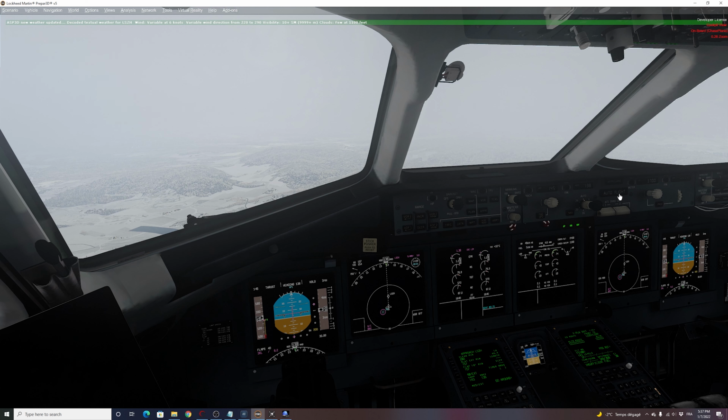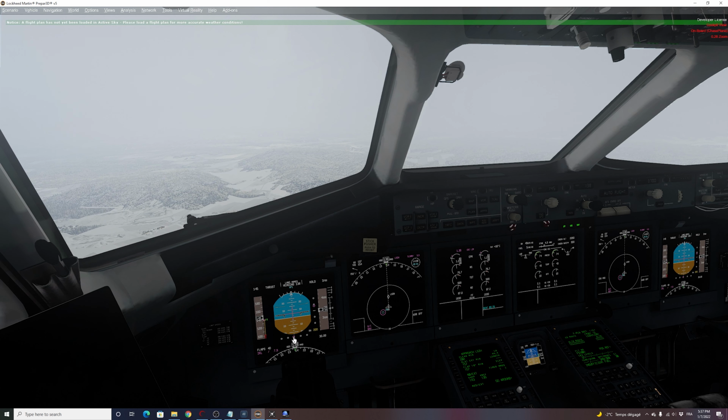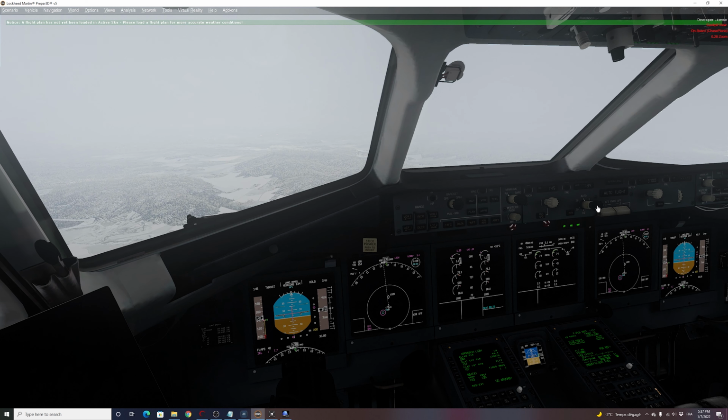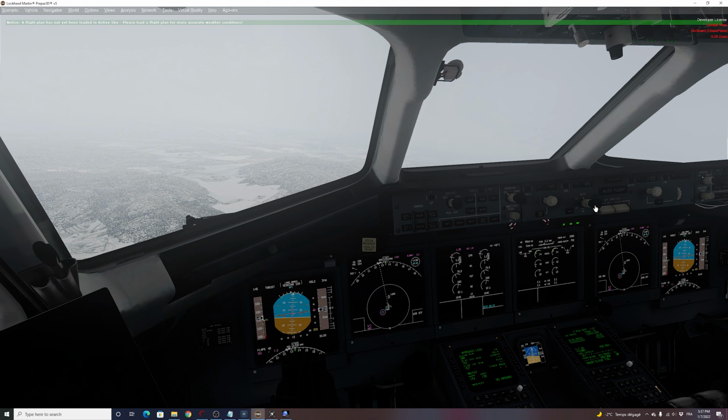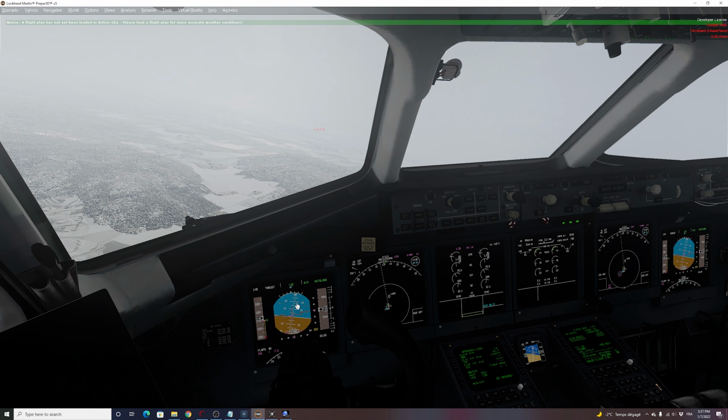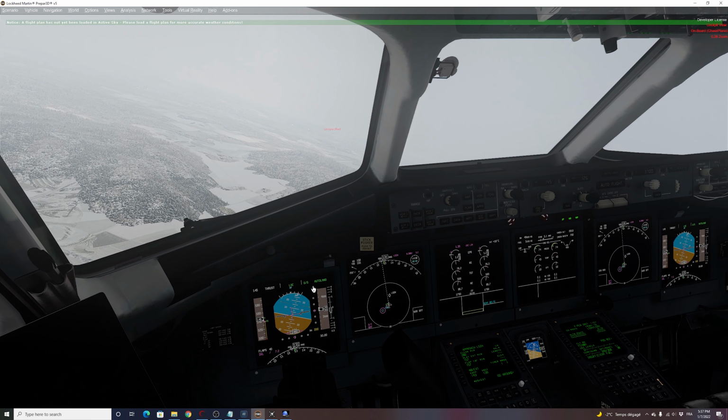So I will arm the approach and then hold my brake for 2 seconds and I have the control. You have control. Now you can see I'm slightly left of the localizer, so I will just pick it up so that the autopilot will intercept. Just go a little bit to the left if you see that. And we should get on the localizer. So we have localizer and glide slope captured now. So let's go for the